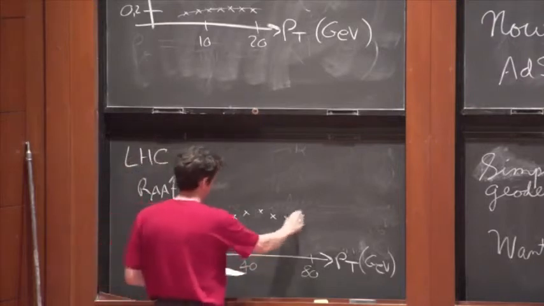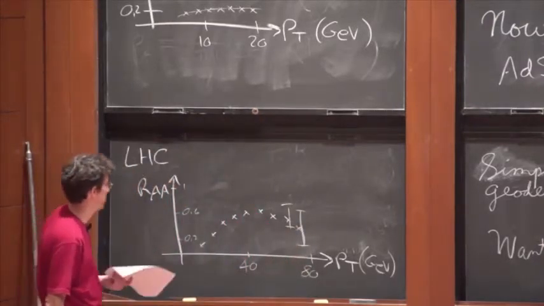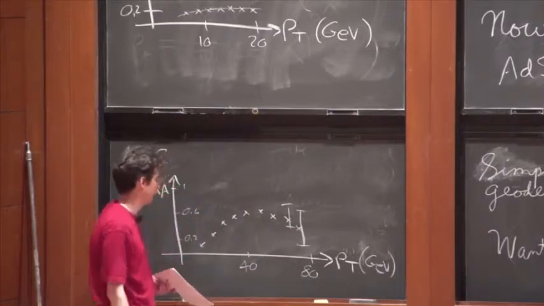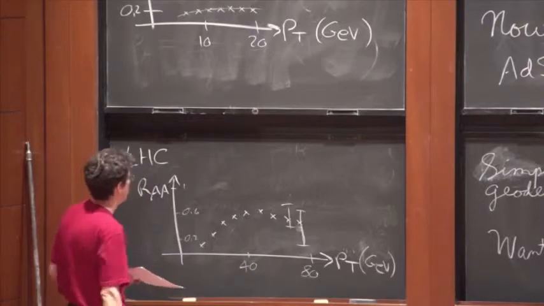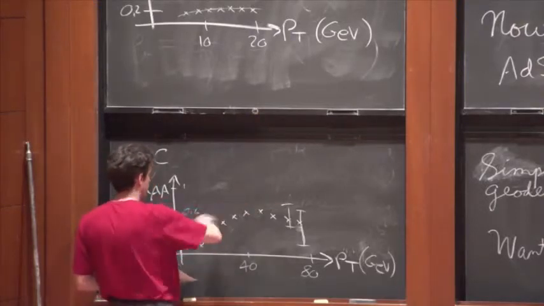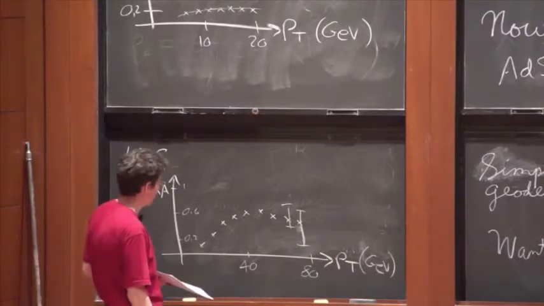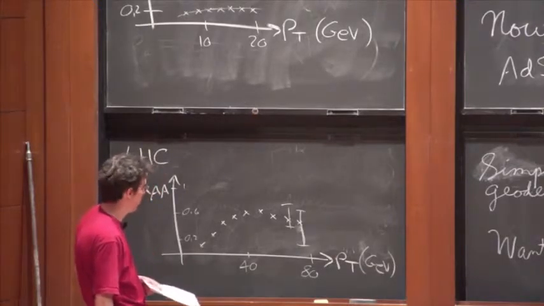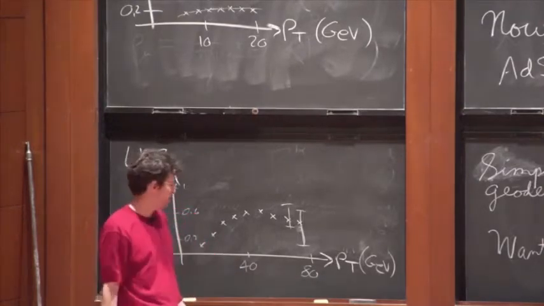Let me try to draw a little bit carefully. These last points have enormous error bars. I would say there's probably no real reason to think that things fall off, maybe even exaggerated the phenomenon. So it's perfectly consistent with the idea that you rise up toward 1, but the rise is not terribly rapid. So even at 80 GeV, which you think is well within the realm of asymptotic freedom,